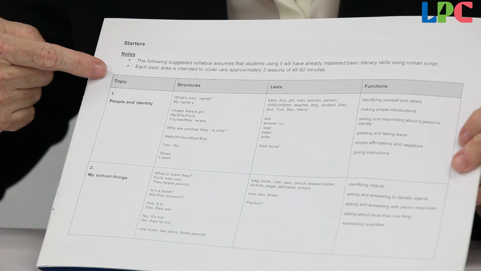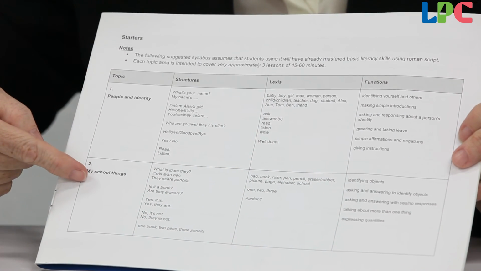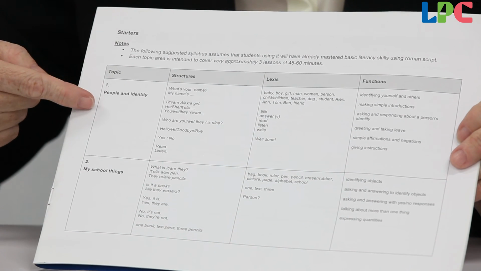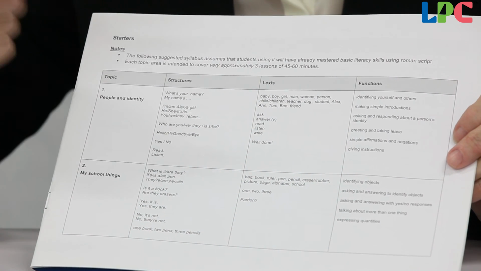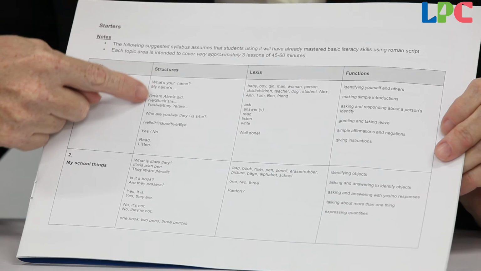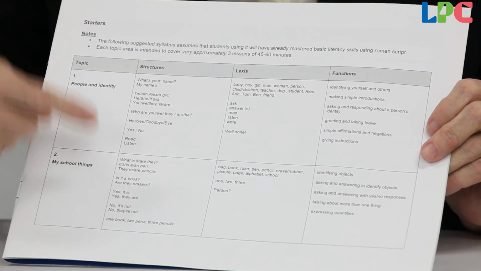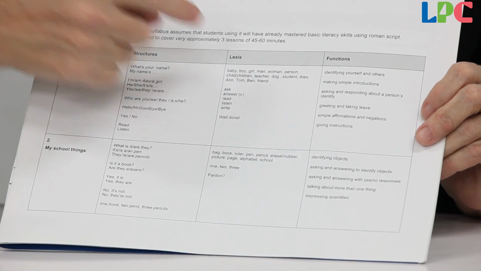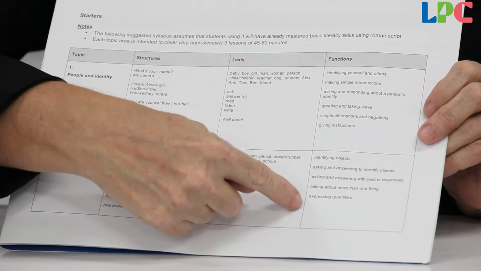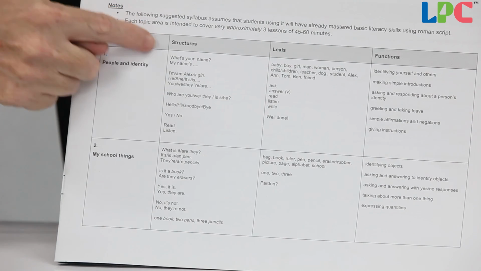Okay, if you have a look here, you can see this is the title. So you have 1, 2, and there are a total of 20 topics. Topic 1, topic 2, and then here we have structures. And this is where the structures come from for our mind maps. This is lexis and this is function. But we will talk about those in the actual video for the syllabus. So looking at the structures, which are here,